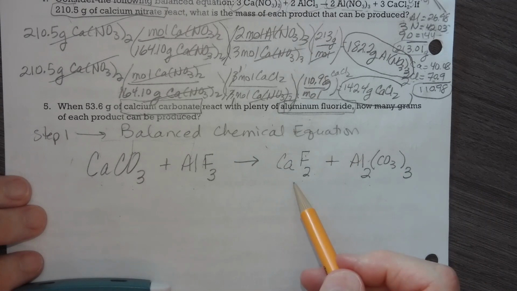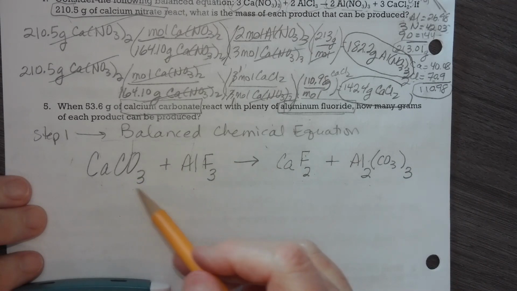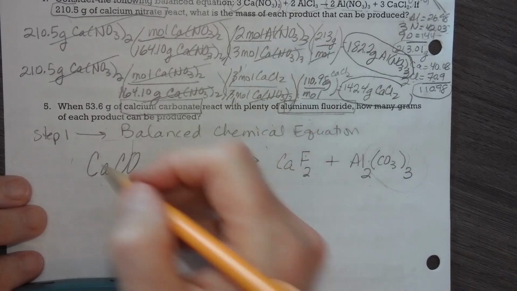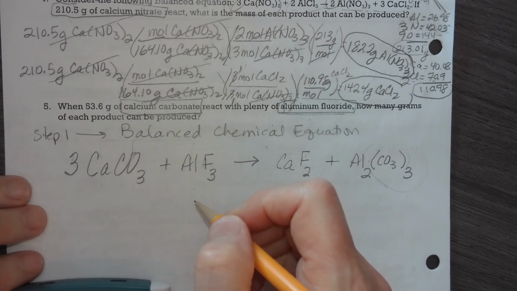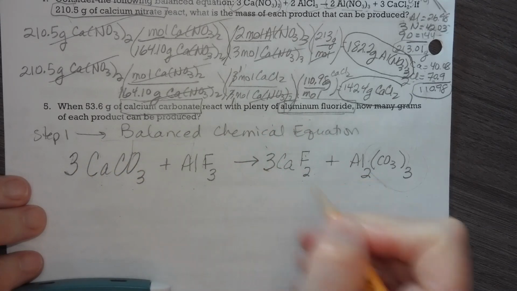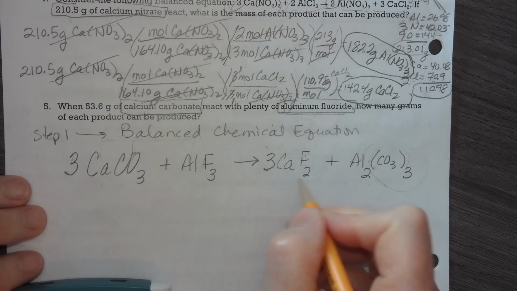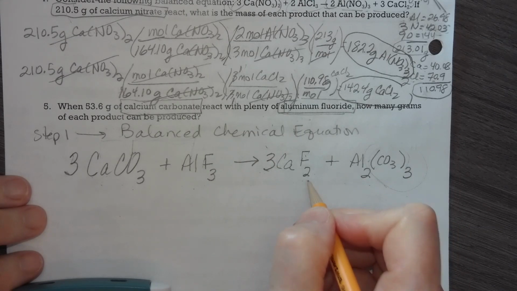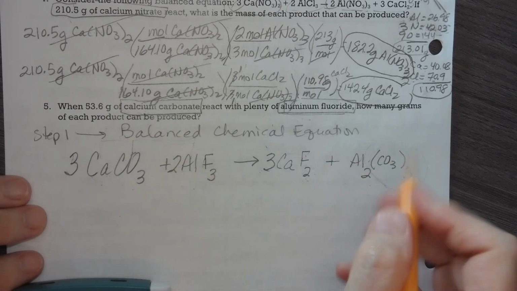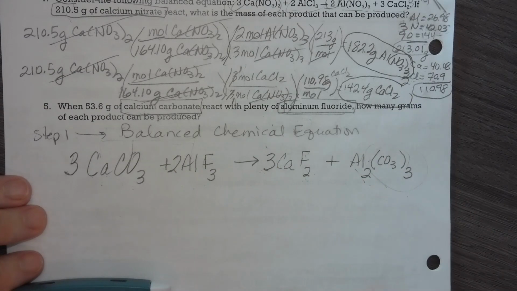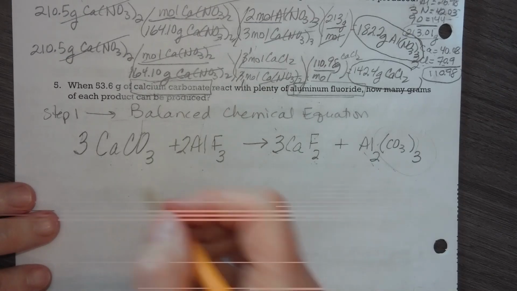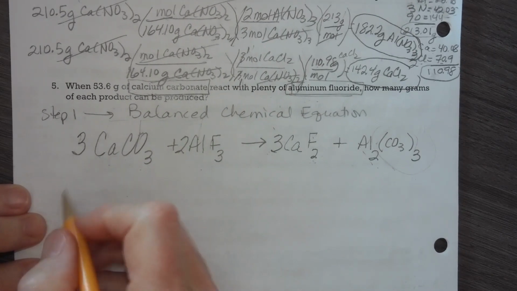I have 1 calcium on each side, that sounds good. But here I have 1 carbonate, and here I have 3 carbonates. If I have 3 carbonates, I need 3. You can only change coefficients. Now I have 3 calciums, so I need 3 of these. I have 6 fluorides. So if 6 fluorides, I need 2 of these. Do I have 2 aluminums? Okay. So this is balanced. So step 1, balance. Now I have my